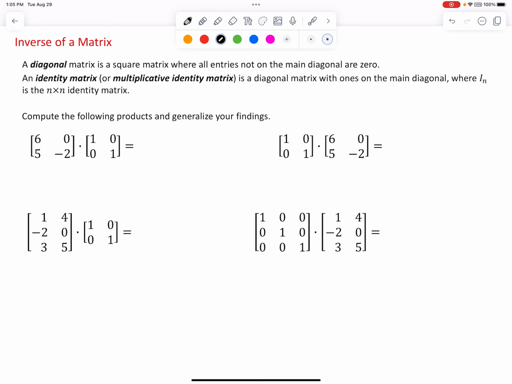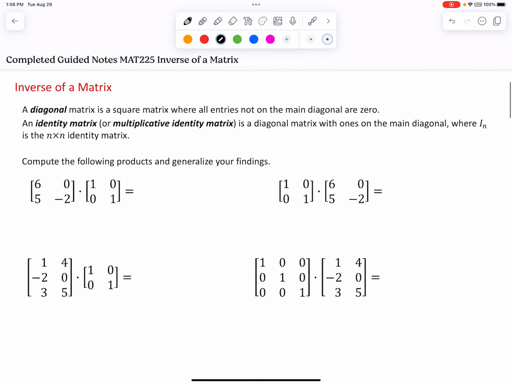Hello, linear algebra students. The topic of this video lesson is the inverse of a matrix. Now, a diagonal matrix is a square matrix where all entries not on the main diagonal are 0. An example of a diagonal matrix would be, I'll do a 3 by 3. So you can do anything you want on the main diagonal, including have a 0, but all the other entries